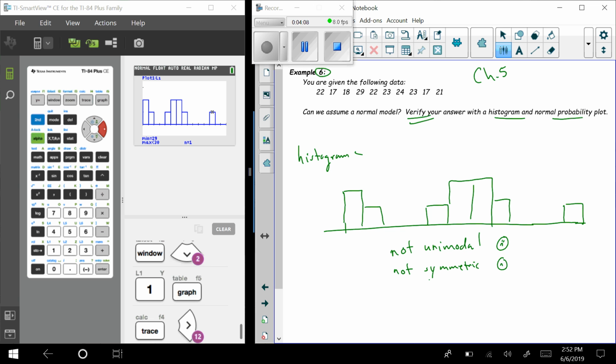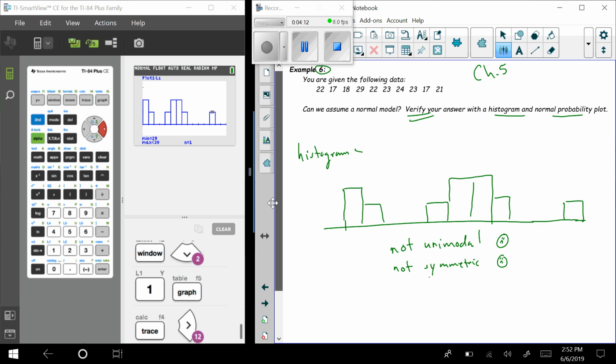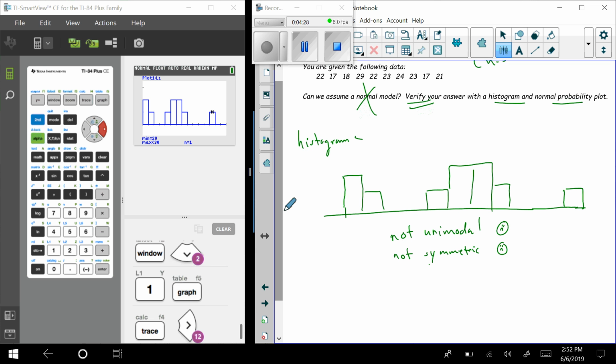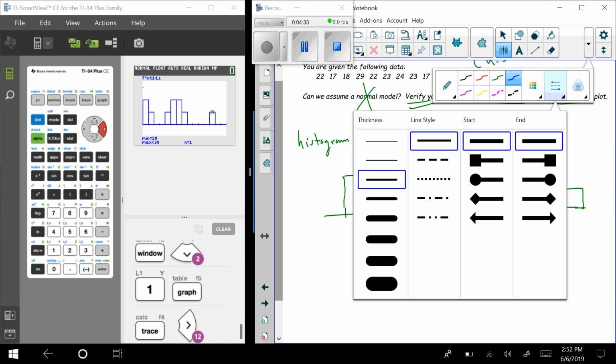That is a huge flag. Now, most likely, if you had this and you were answering the question, really you could stop, because the histogram does not support a normal model, right? So you could say, no, we can't, and then the rationale is not unimodal, not symmetric. But because this is an example, I think I'll go on